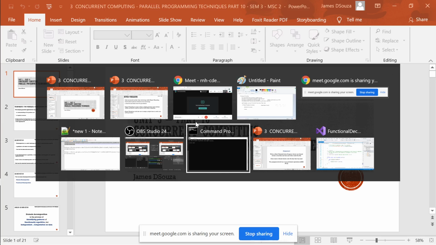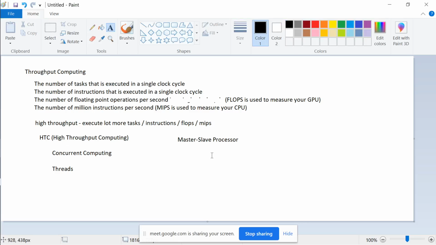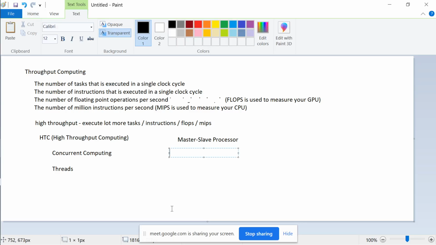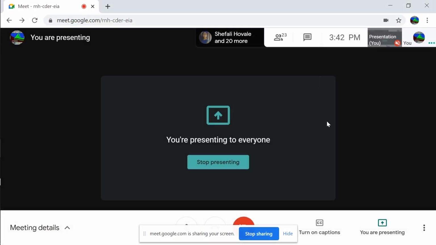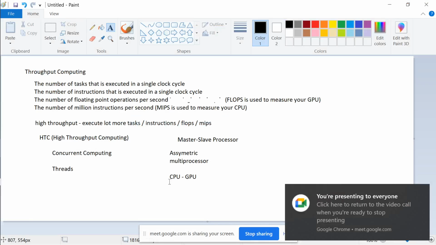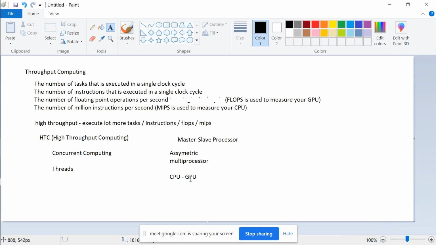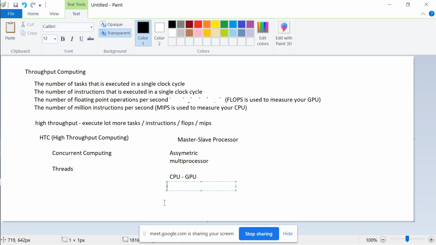So basically, the point is when you say it is a master-slave processor model, it means there are two processors. Especially in an asymmetric multiprocessor architecture where one is a CPU and one is a GPU, both of them are working next to each other. The CPU is meant for a different type of work and the GPU for a different kind of work. But you need to give control to somebody, right? So in that case, your master